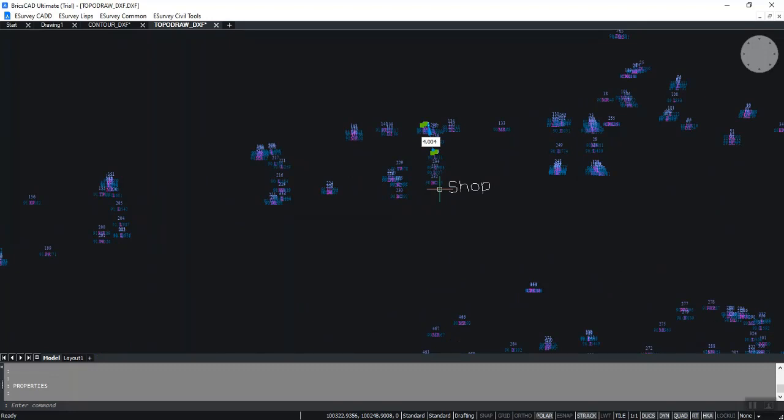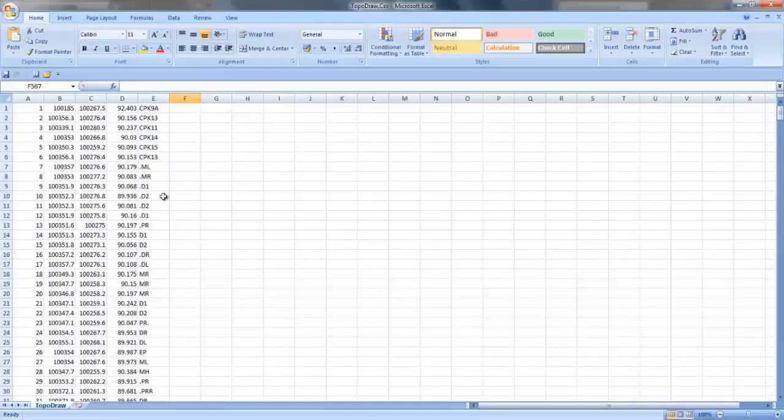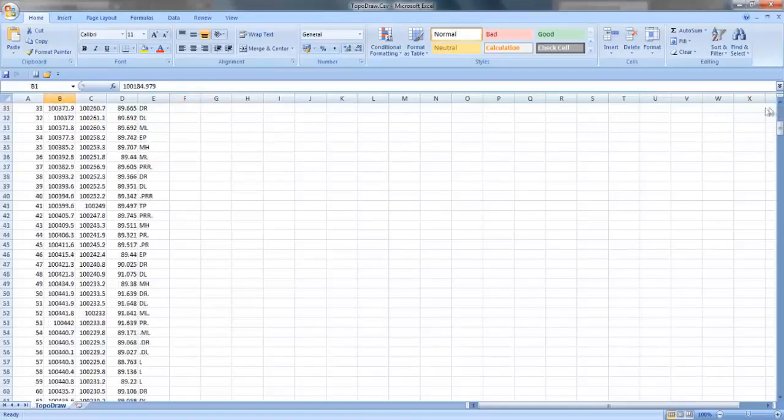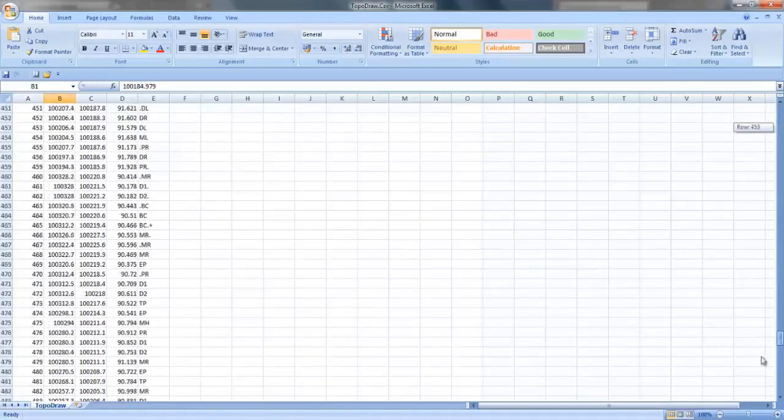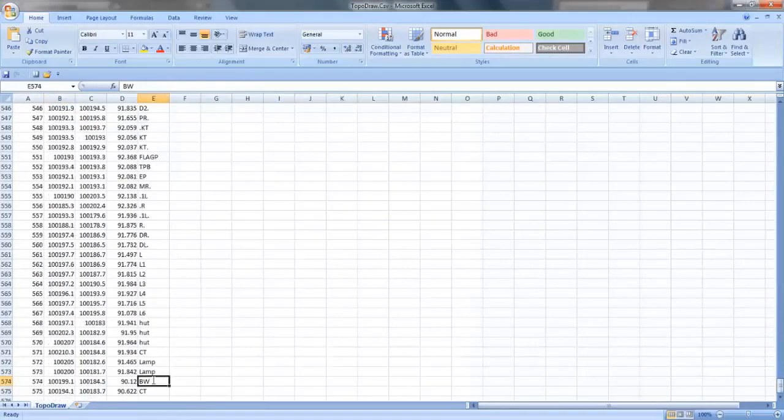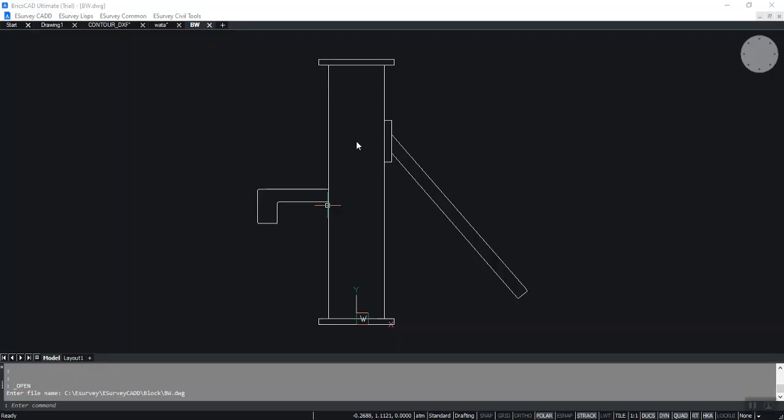The output file from the total station or any other instrument capable of capturing the coordinates and elevations will have serial number, easting, northing, elevation, and remarks. Some people refer to remarks as code. For example, a code BW represents a bore well point. We will convert one of the existing point data files to help you understand this program.